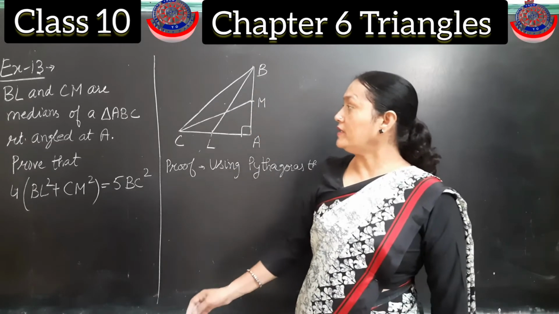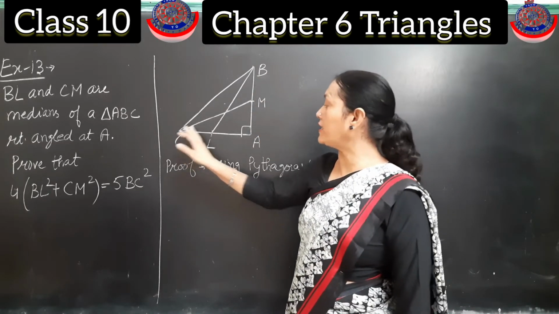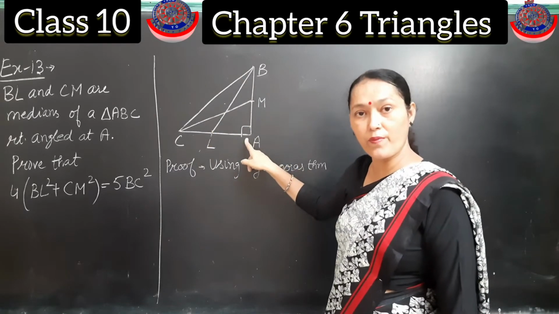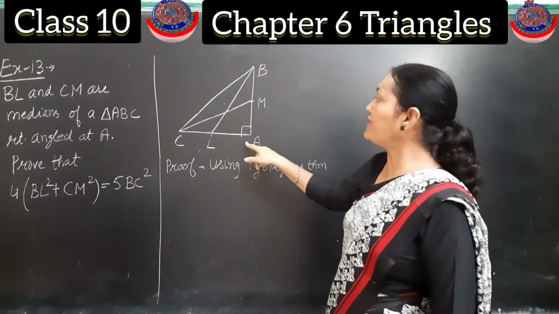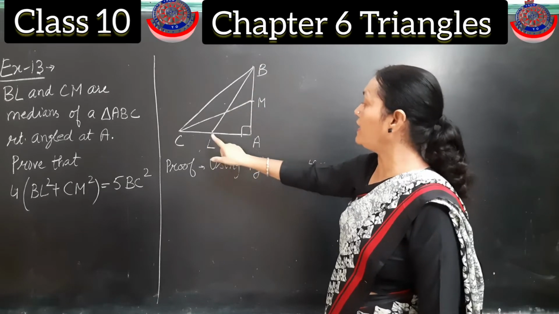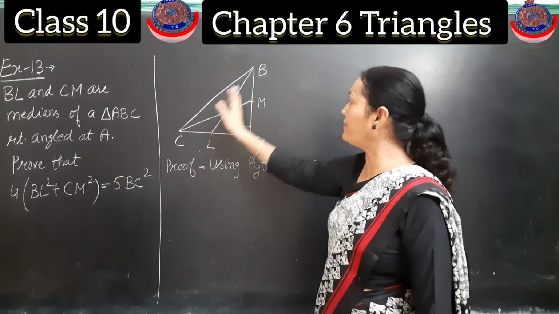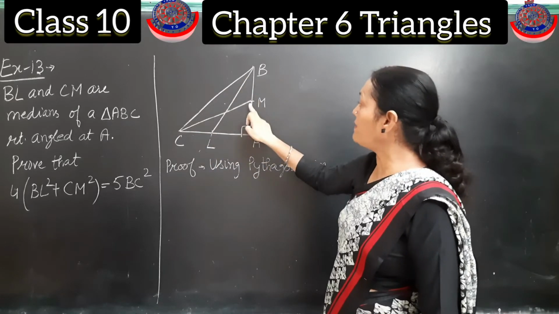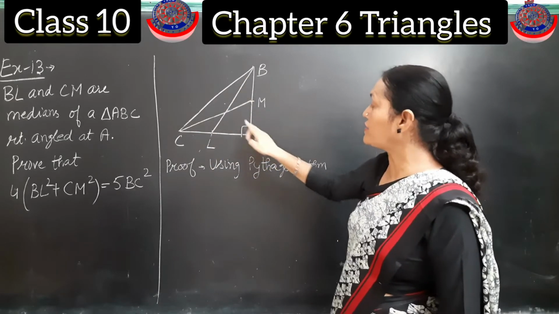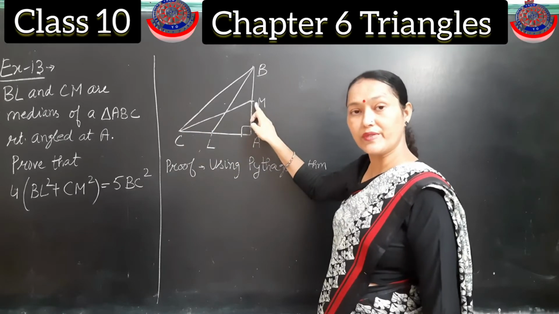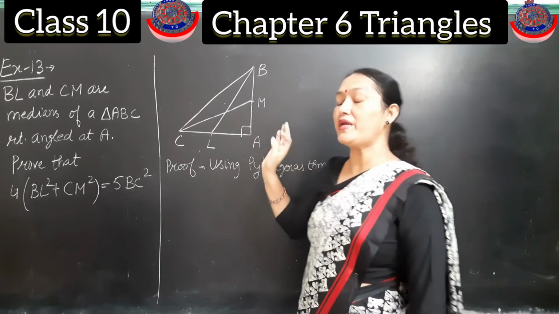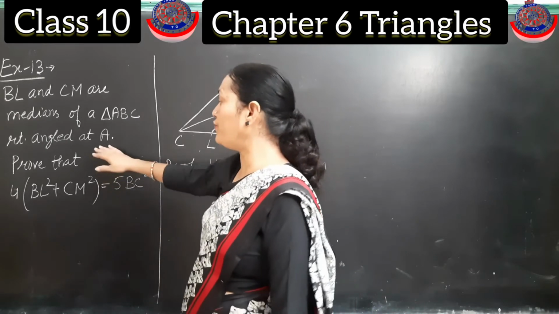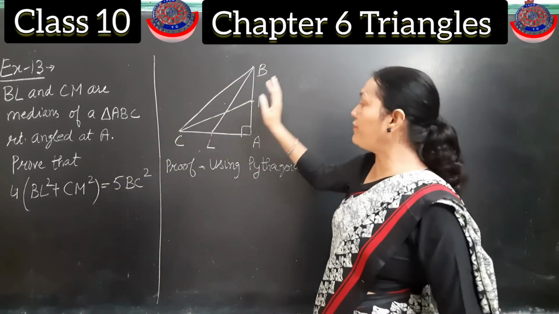In this question, they have given us a right angle triangle ABC, where at point A 90 degrees is formed. Then they have given us two medians, BL. L is the midpoint of AC. When we join BL, BL is a median and M is the midpoint of AB. So CM is also a median. They have given us two medians, BL and CM, and they are asking us to prove that